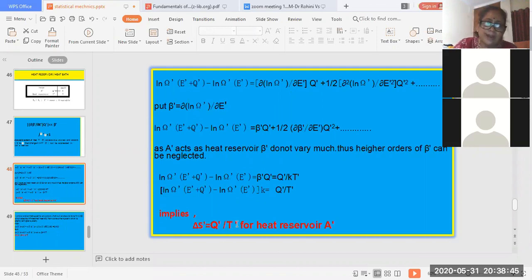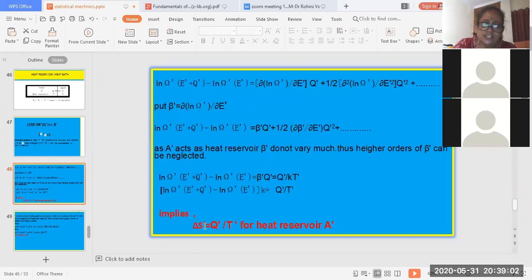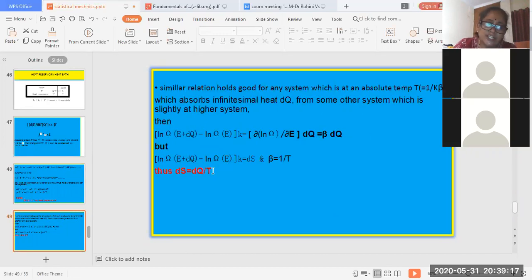So you can also write this for a smaller change, limit of delta S dash with T dash tending to 0. You can use the mathematical definition of that. So that is the definition of dS: limit of delta S dash with T dash tending to 0. Almost 0 means it is not 0, it is tending to 0, that means it is becoming very small. If that is the case, then the delta notation will change to dS. That is the mathematical definition of dS.